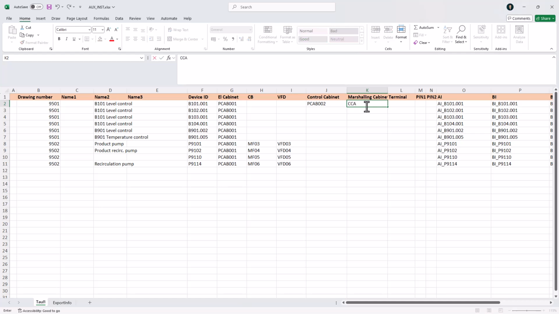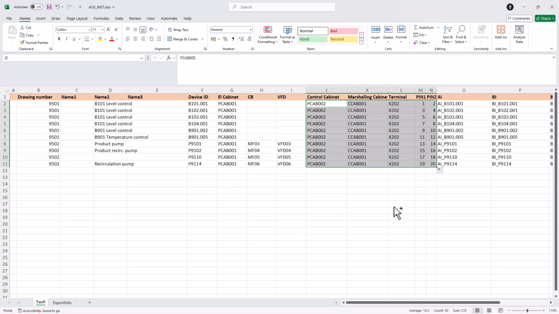What is the marshalling cabinet you want to use? What terminals do you want to create? And what are the pin numbers you want to create? So if I copy these and now scroll everything in here,